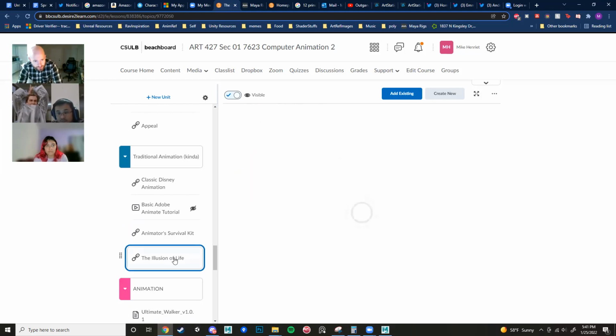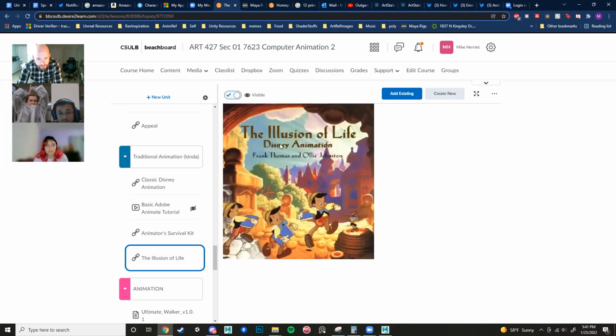So yeah, there's that, and there's also The Illusion of Life. This is another core animation book. I will say though, guys, that I never read those books. I only read them when I started teaching animation, to see how other people learn about it, because I had a much different journey to learning how to do this stuff. And that's why I will say, it sounds like a bit of a cop-out, but